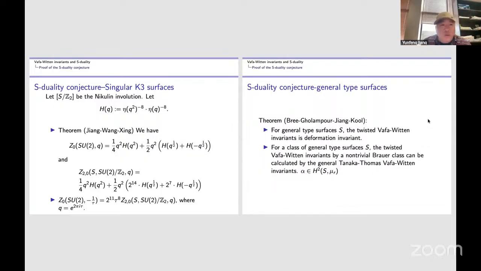But to my knowledge, at the moment, we don't know any Vafa-Witten generating function formula for non-symplectic actions. So, for example, if you have S modulo Z2 with a non-symplectic action, so that the quotient is a rational surface, maybe a rational elliptic surface, then we don't know how to calculate. This is probably not that easy. If the audience has any idea for that, that will be very interesting to see.